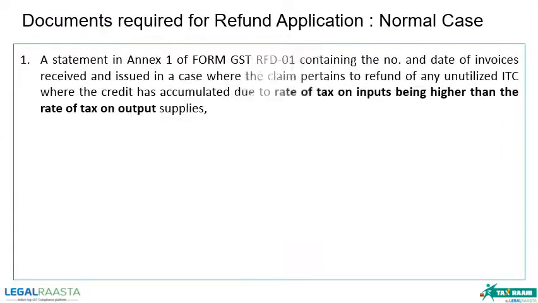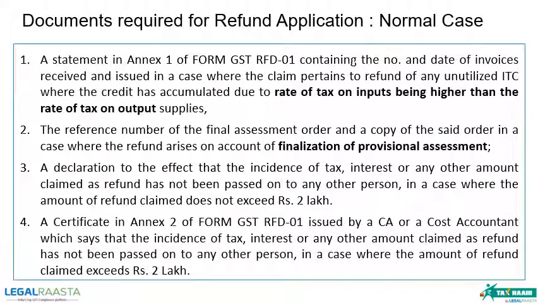In normal cases, the documents required for refund application are a statement in Annexure 1 of GST Refund Form 1, the reference number of the final assessment order, and a copy of the said order in a case where the refund arises on account of finalization of provisional assessment, a declaration that the incidence of tax interest claimed as refund